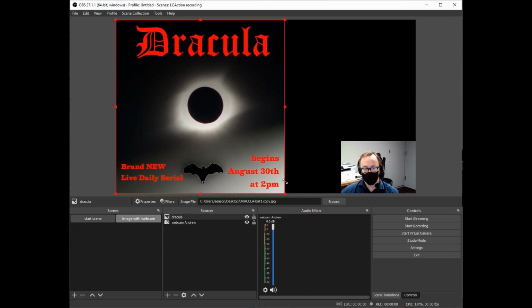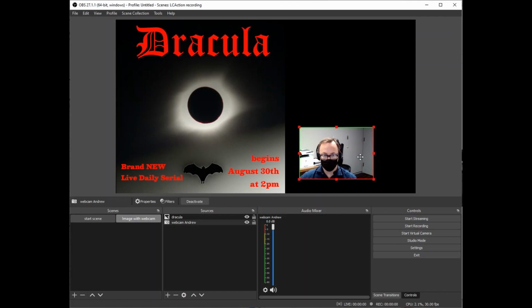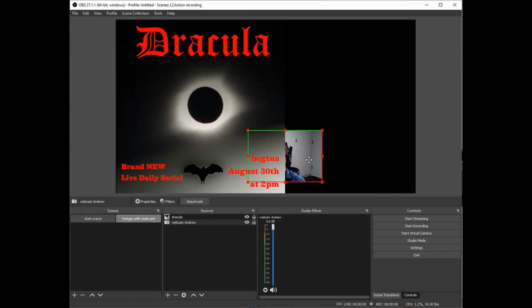So now we have an image file that we can have accompanying the webcam if we wanted to do that. So let me show you something here as well. I've got the webcam selected there, that's why all the handles are showing, and I'm going to move it off to the side, and you'll see it goes underneath the Dracula image when we move it across. So I start to disappear